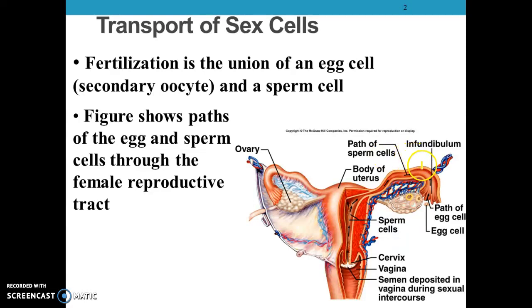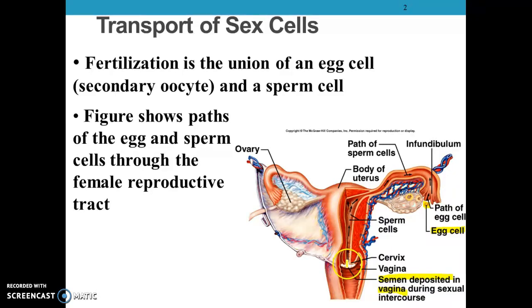So I believe we talked about this in the reproductive chapter, but just in case, I want you to notice what we have here. The egg, or our secondary oocyte right here, is released from the ovary, so that's where it's labeled. And then after intercourse, we have semen deposited in the vagina. Most of that semen is in the vagina, and it gets kind of stopped at the cervix, because remember, that's a really narrow opening.